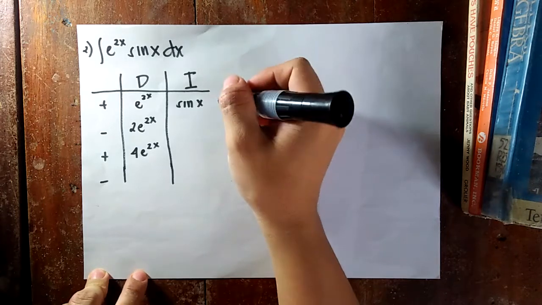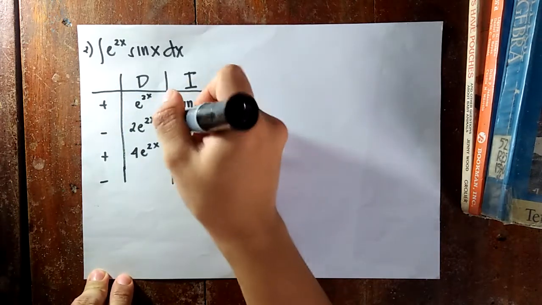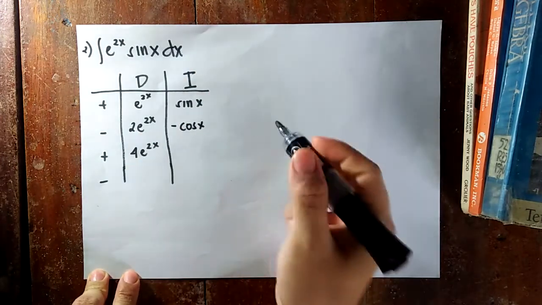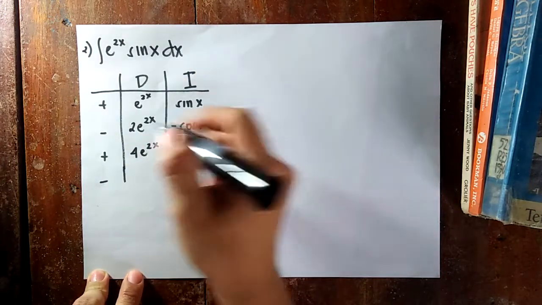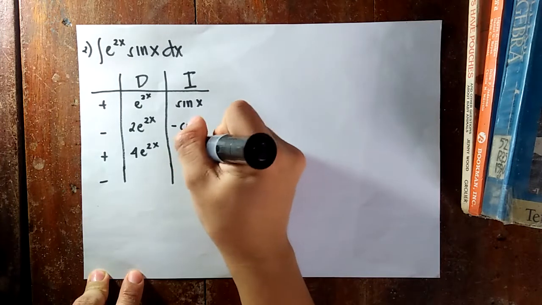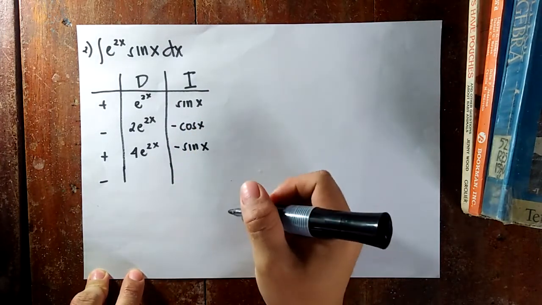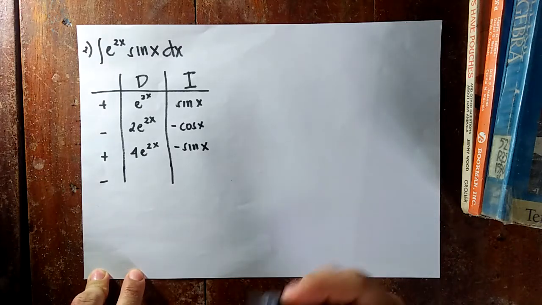To integrate sine x, the answer would be negative cosine x, and if we integrate it one more time, the answer would be negative sine x. Since this is going nowhere either,